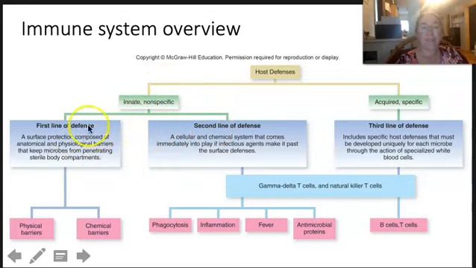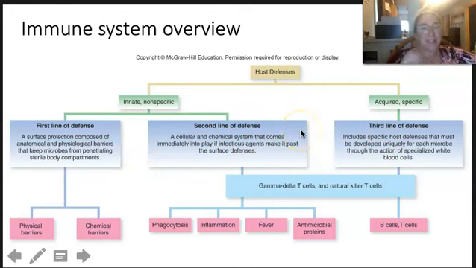All right. The first line of defense, technically not really part of the immune system. This is physical barriers. So things like your skin and mucus production. So we don't typically consider the skin an immune organ. All right. Physical barriers are physical defenses. The cellular